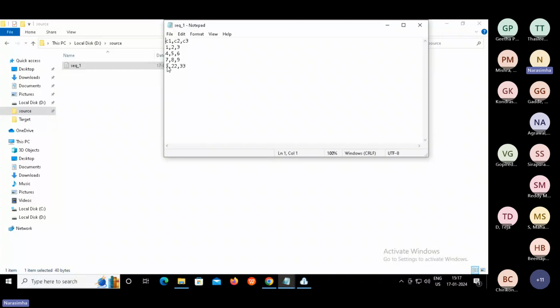So 1 1, two similar records, right? If you group based on value 1, 2 plus 22, you should get 24 against C1 equal to 1. Yes or no? But 4 7 there is no change because we do not have any similar records in this particular group. Yes or no, guys?